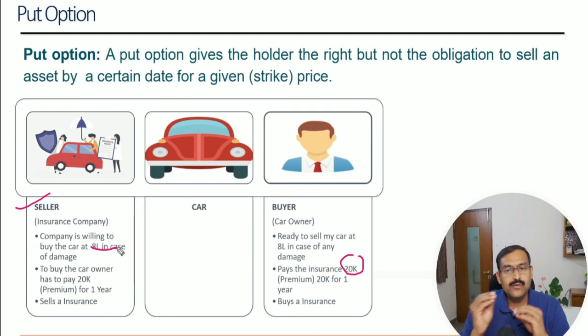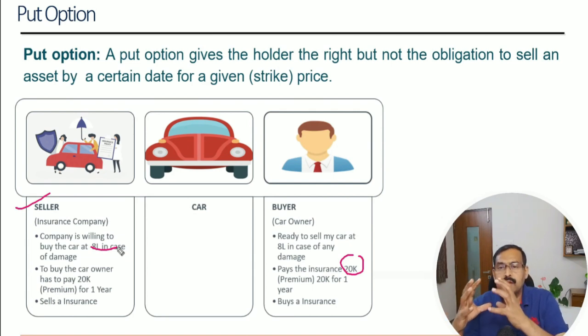Friends, the easiest way to remember the put and call option is that in case of a call option, the seller has to deliver an asset at that particular strike price, irrespective of what price he has bought that asset. So that means he needs to have an asset to deliver when the call option goes in the money. In case of a put option, the seller of a put option needs to have that much cash, in case the put option goes in the money, to take the delivery of the asset.